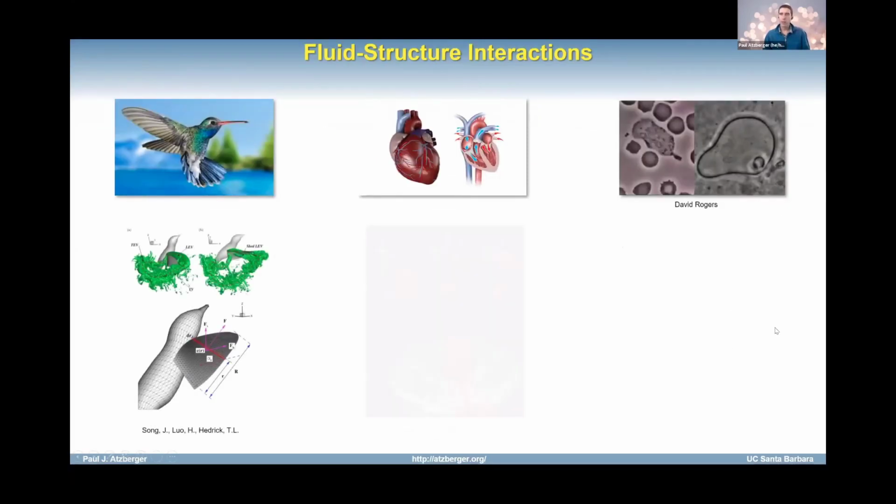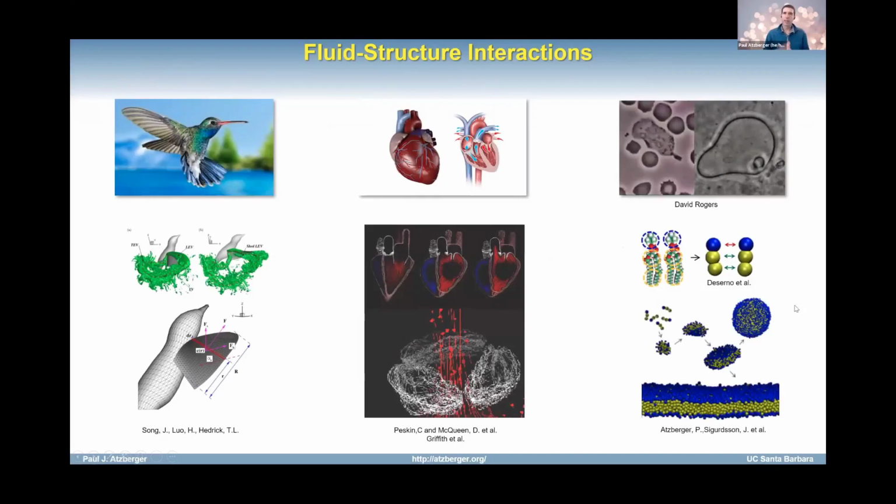I guess I won't say too much about this. I usually just like to motivate a little bit the Reynolds number regimes that we're interested in, and point out that there's been a lot of beautiful work done in the field of fluid structure interactions, in particular leveraging ideas related to immersed boundary methods. I particularly like this work by Song et al., where they've done simulations of hummingbirds and looked at hummingbird lift coefficients and so on, using this intricate immersed boundary model. There's also been great work done by Laura Miller, I should mention, on insect flight. And these are really targeting the high Reynolds number regime.